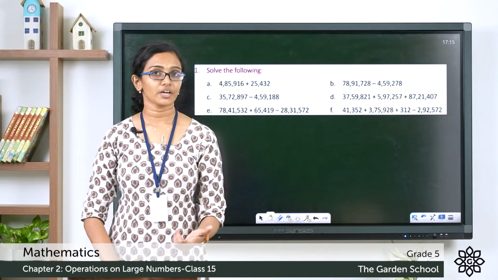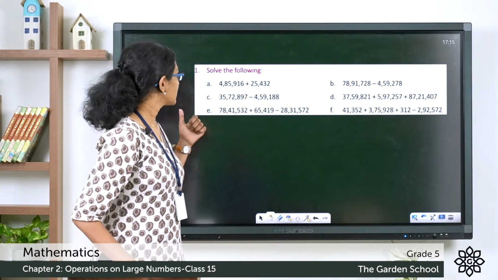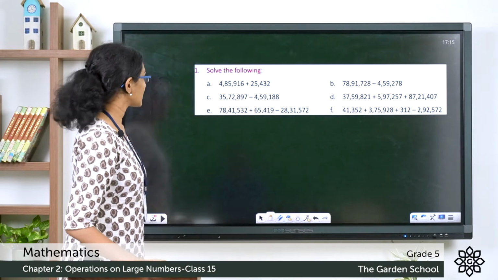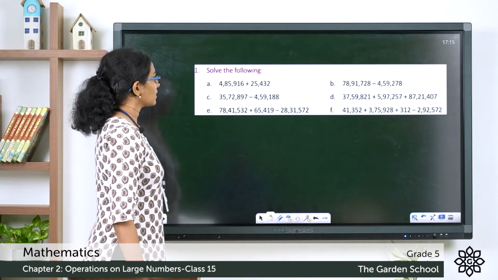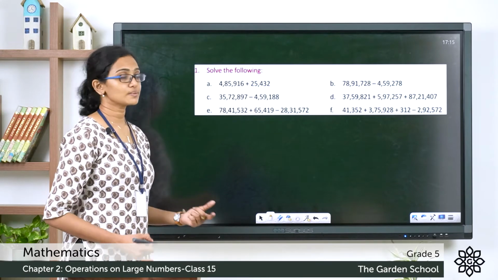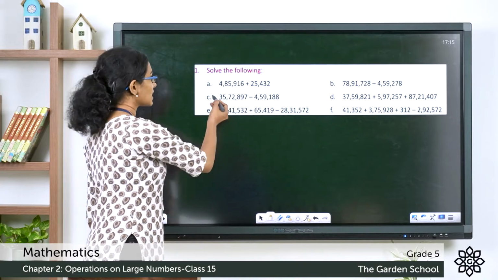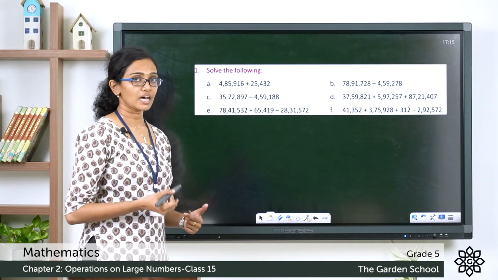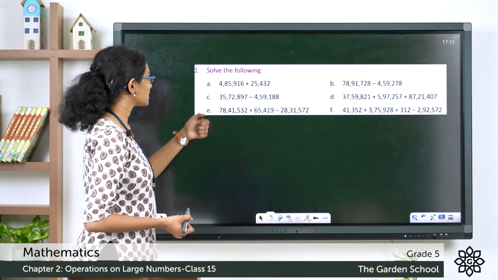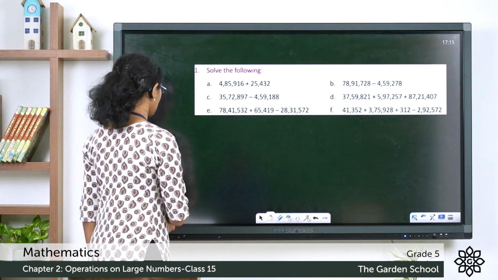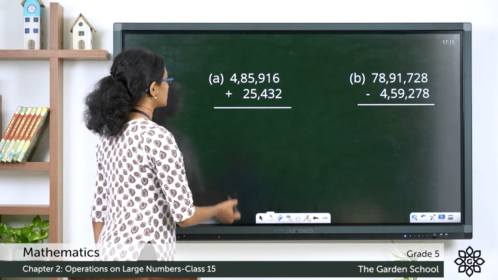Solve the following, and you have a set of 6 questions there. Question 1. It's an addition. 4,85,916 plus 25,432. So these are the addends here. We are asked to find out the sum of this addition problem. So let's do the calculation now. For question A,